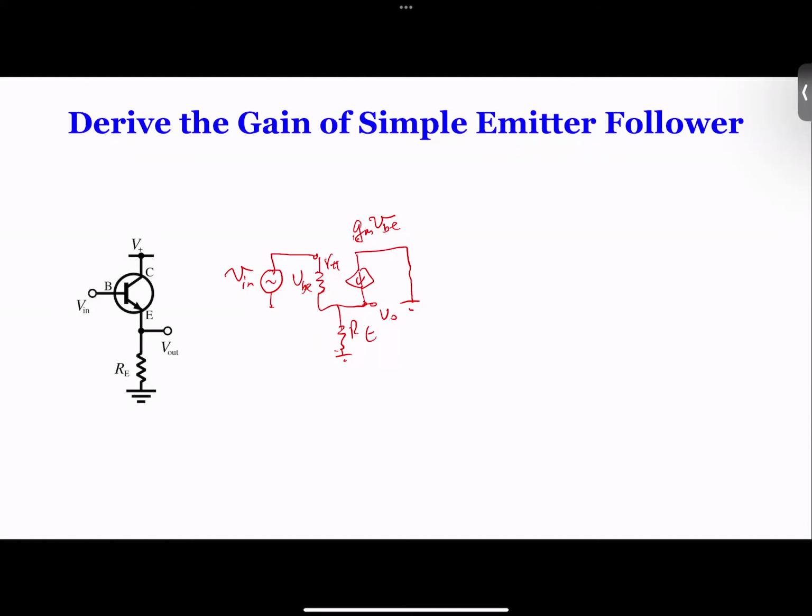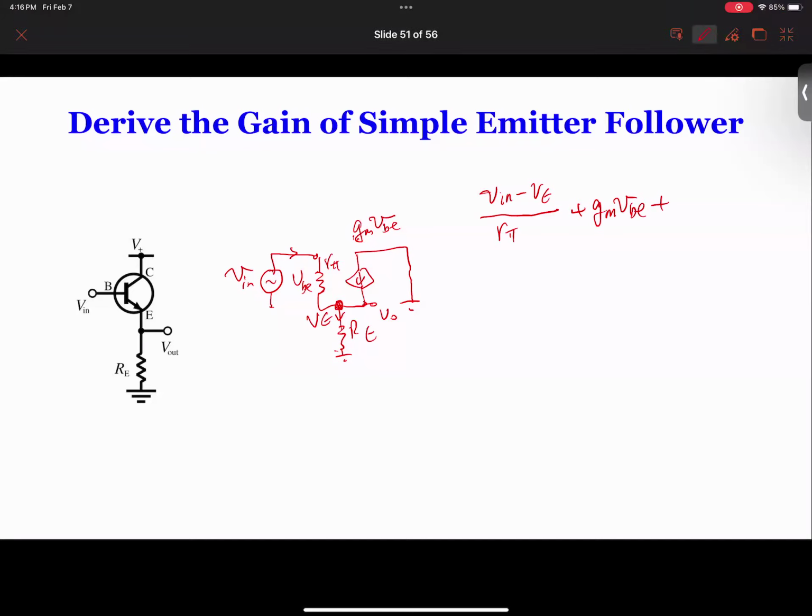So it is not a voltage divider. In order to solve for the output, we have to do the nodal analysis over here. To do nodal analysis, we can assume the voltage here, we call it VE. And we can write a nodal equation for the current flowing this way, this way, and this way. So basically, we will have (Vin minus VE) divided by R pi is the current flowing into the base, plus the current is gm times VBE,